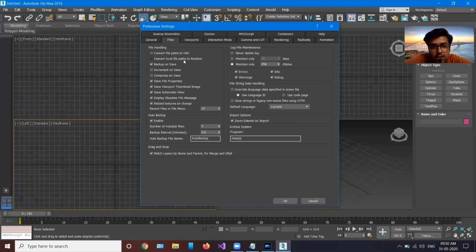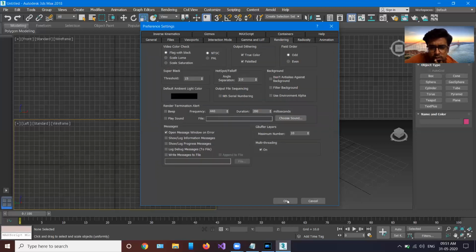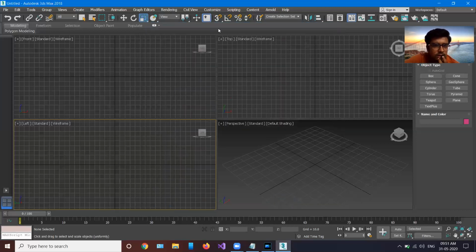So if you are taking a texture or a file that is going to be in your 3D model, then if you export it, the file will go without the textures or without the other models, because all the models work on your hard disk at some other local paths. तो एक ही जगह पे रखने के लिए, to keep all those things in one place, you need to check it, that is convert local paths to relative. Okay, and there are other options, rendering and all. You need not change it, just press OK by changing that one simple option.